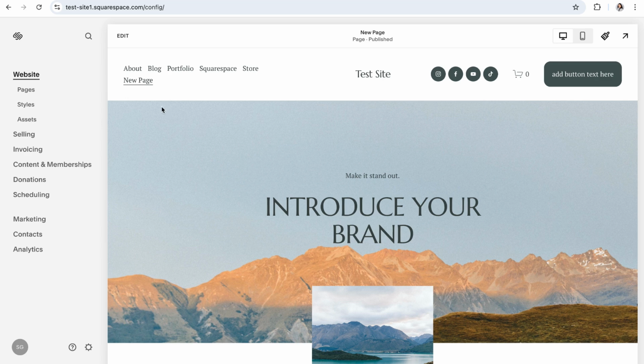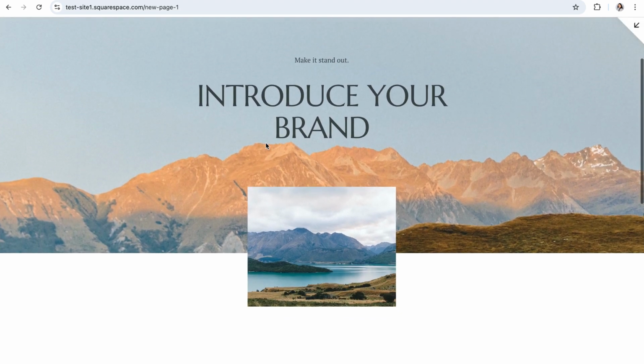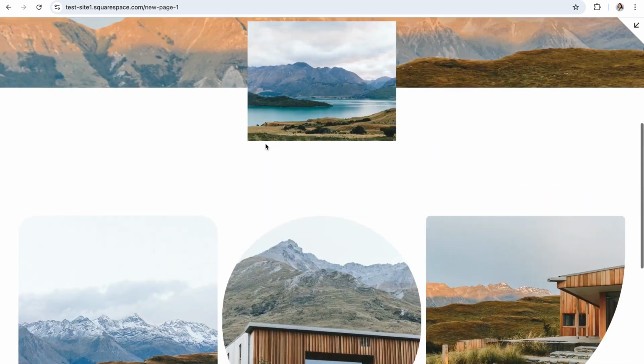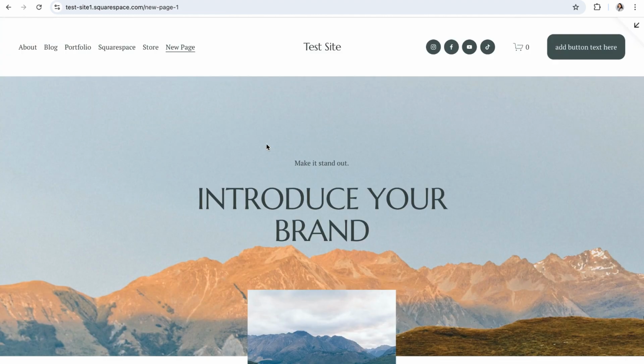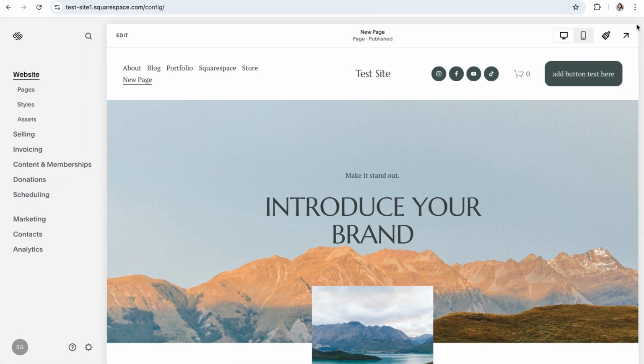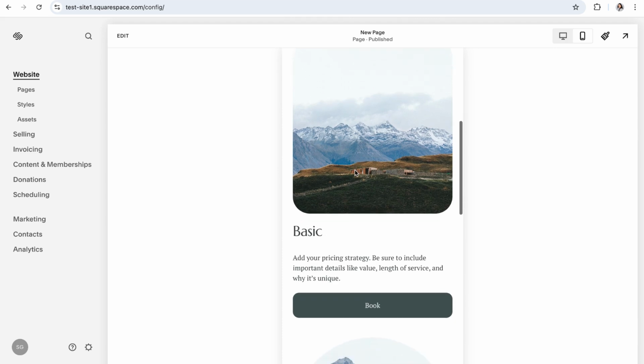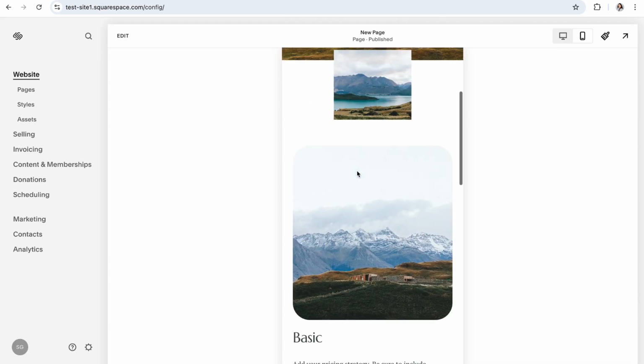You can preview your website by clicking on this arrow in the top right-hand corner, and then scroll through to make sure that all of the links are working, buttons are working, and that everything looks exactly as it should. You'll also want to make sure that the mobile version of your site looks just as good. To exit out of this preview mode, click on that arrow again in the top right-hand corner, and then click on the mobile view icon to enter mobile view. And again, just scroll through to make sure that everything is working, looks okay, and that you're happy with the